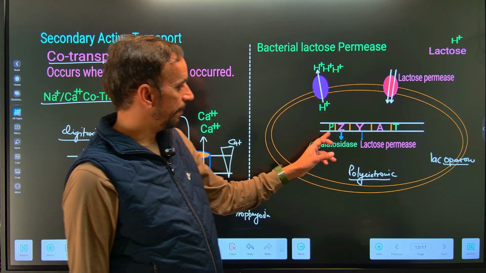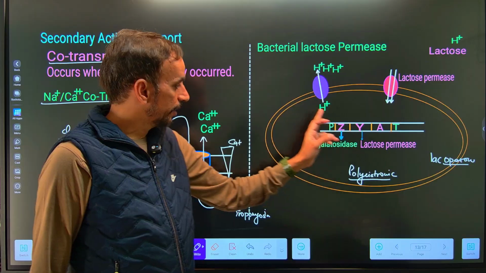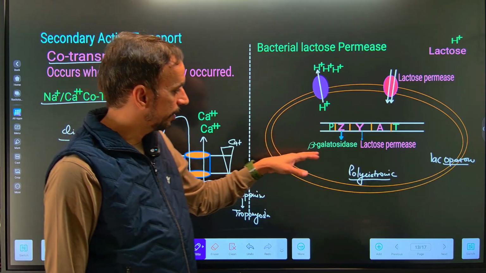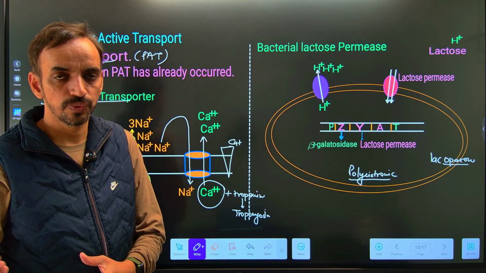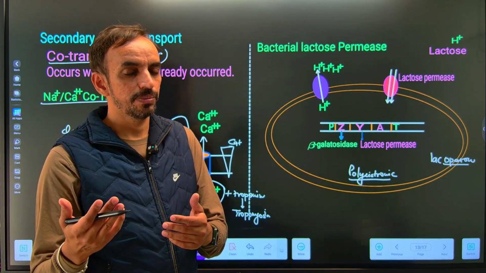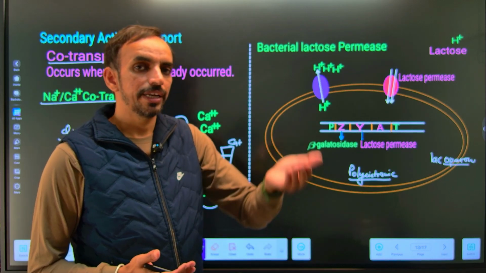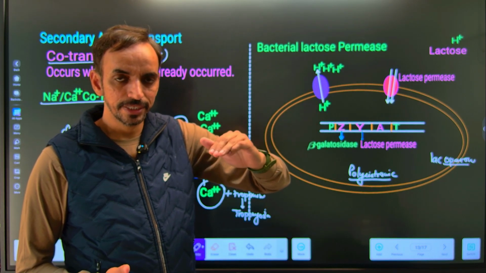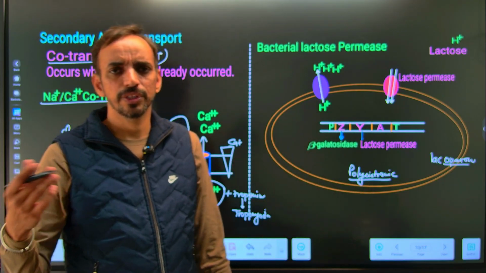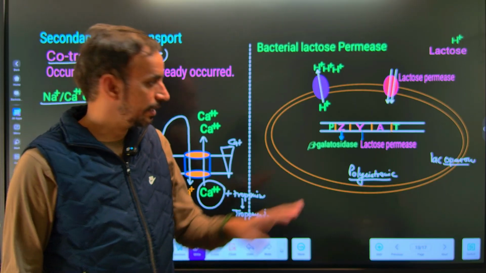Now in lac-operon we have three genes Z, Y and A. Z codes for beta glycosidase, which hydrolyzes the lactose to form the glucose. There is a lactose permease which is basically a transporter to transport the lactose from outside the cell to the bacterial cytoplasm. We also have A that codes for the transacetylase, which has no use in this particular type